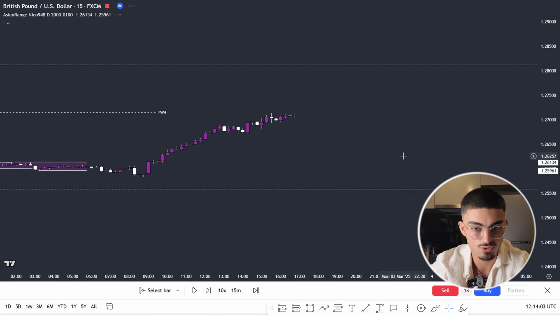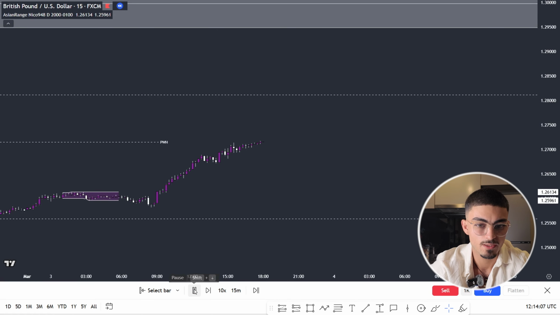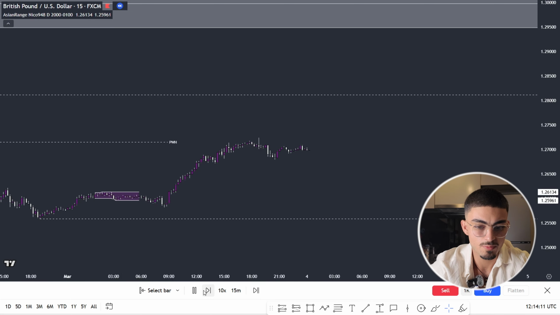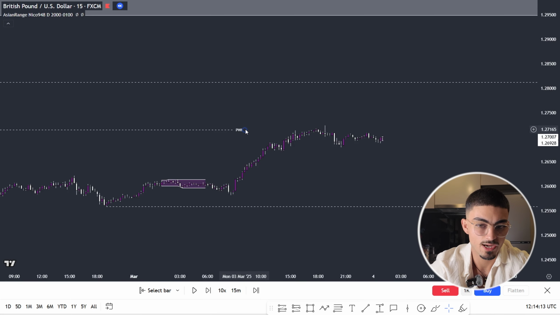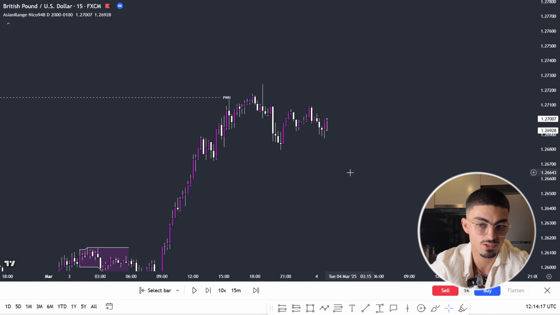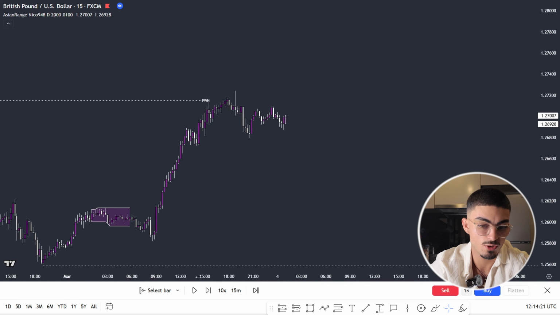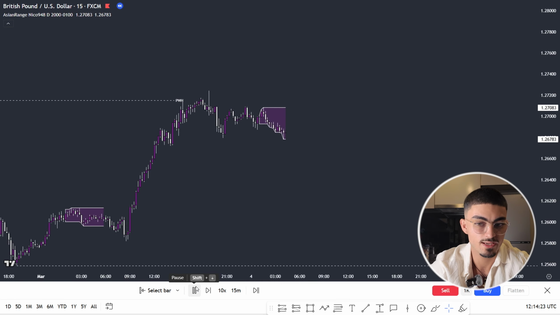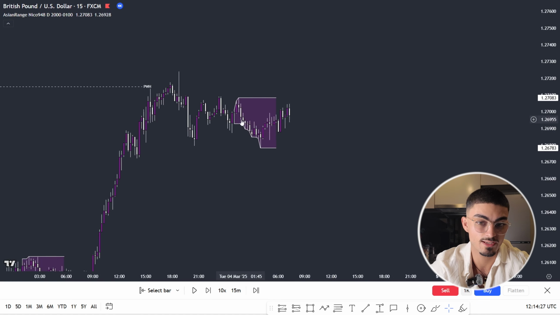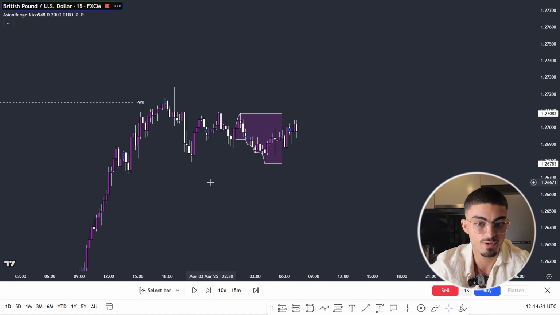So now let's go back to the 15-minute time frame and go to Tuesday. And you're going to see here what happened on Tuesday. Also keep in mind here, we've taken out the previous week high. So what you can expect once you take out the previous weekly candle's high is a move to the downside. However, you do need to see confirmation first. And like I said, the daily candle was way too bullish for me to consider selling right now because yes, we've taken out the previous week high, but we haven't seen confirmation